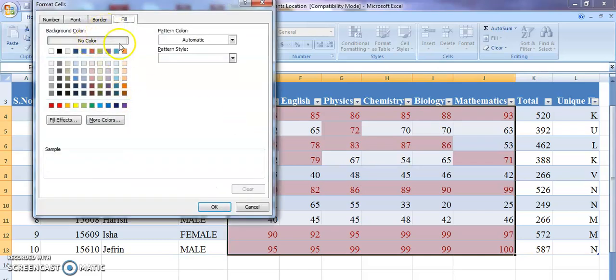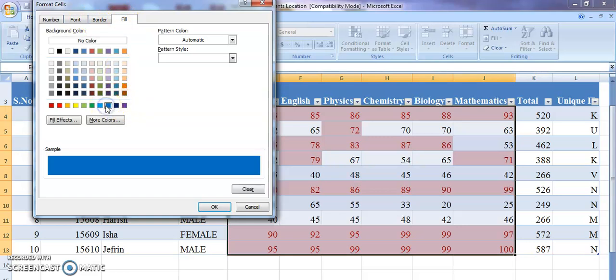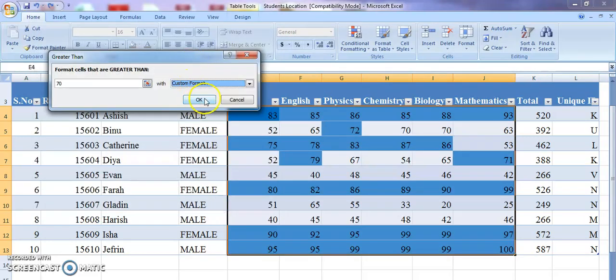There are options available. Here I am going to choose the fill option. You can also make changes in the border as well as in the font. Under fill I am giving a blue color. Then I am giving OK, and here also you have to give OK.